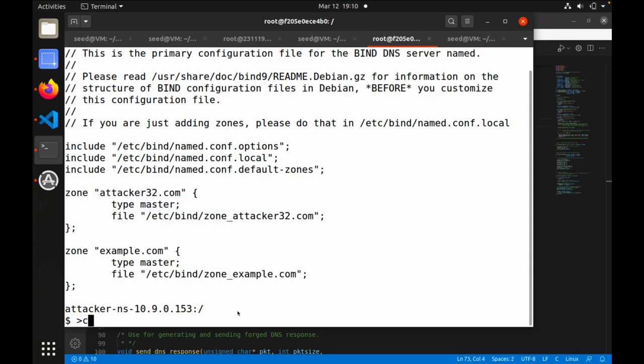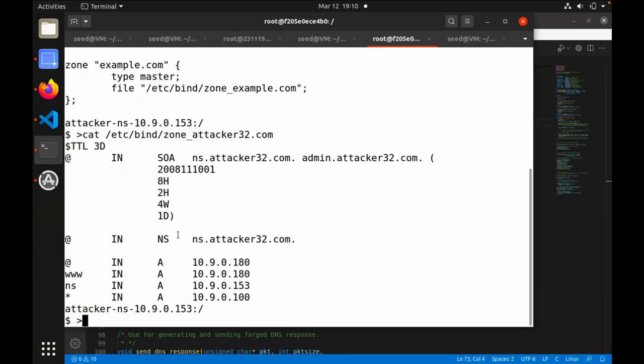And we can go inside one of the zone files to see how it's being saved. Inside the attacker33 zone file,